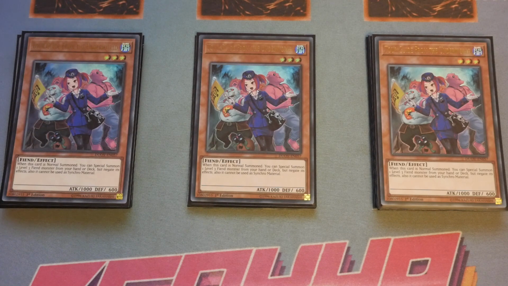Tour Guide is the way it is. It's just so good. I think the only reason it isn't allowed to be at 3 is because there's so many cards that stop it, Veiler, Imperm, Ash, even Fogblade, that it wasn't really the end of the world. And that's where you've got to be careful with it, but...